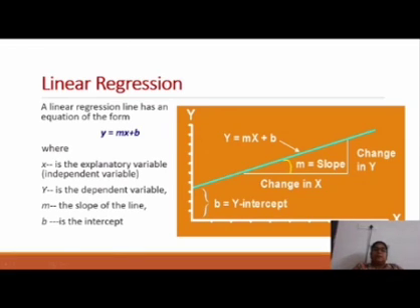So as I said, there are two types: linear regression and non-linear regression. In linear regression, we have only a single variable. When you go for multiple variables, then we say it is multiple regression. Okay, so a linear regression line has an equation of the form. As I said, when you say linear, it is a